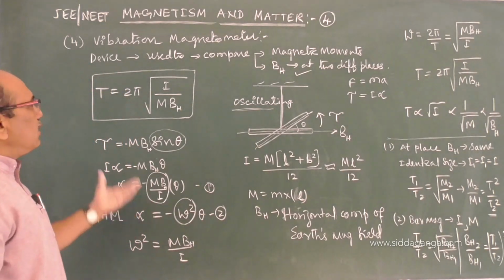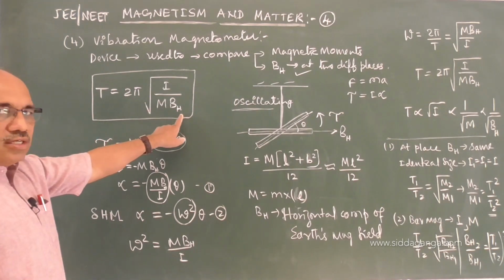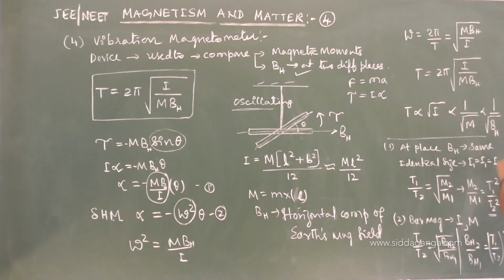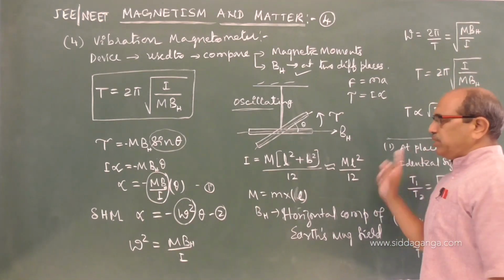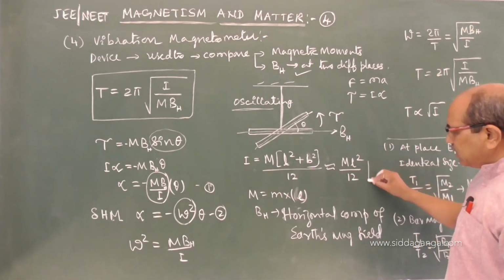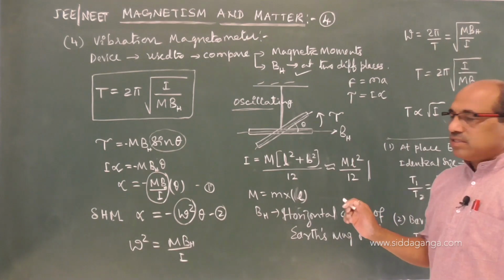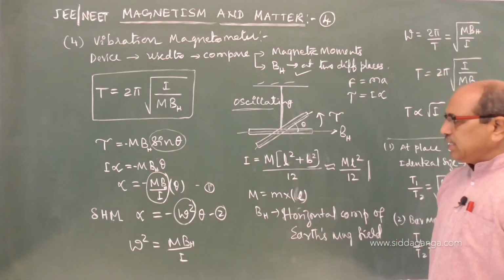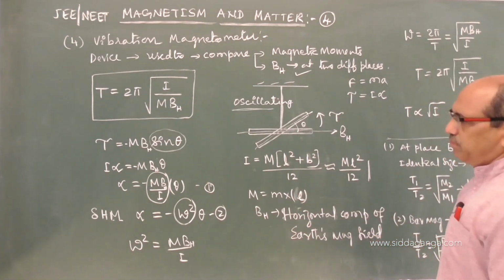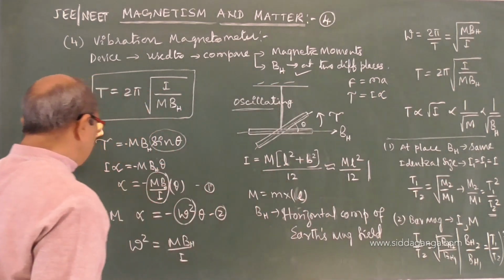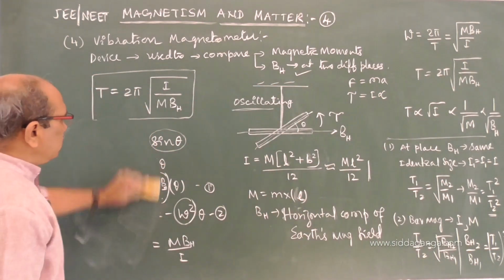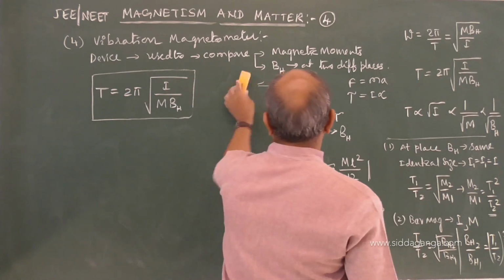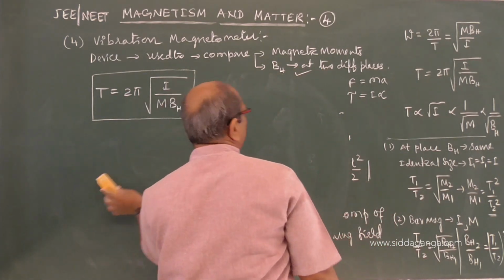No derivation, I showed you 2 pi root of I upon mBH: directly proportional to the moment of inertia of the magnet, inversely related to the moment of the magnet and the horizontal component of the earth's magnetic field at that place. Moment of inertia we usually consider neglecting the thickness and breadth. Length is large, in that case ML square, with the complete length considered as the magnetic length L here. BH is the horizontal component of the earth's field. The other method employed to determine and compare magnetic moments is the sum and difference method, which I am mentioning.